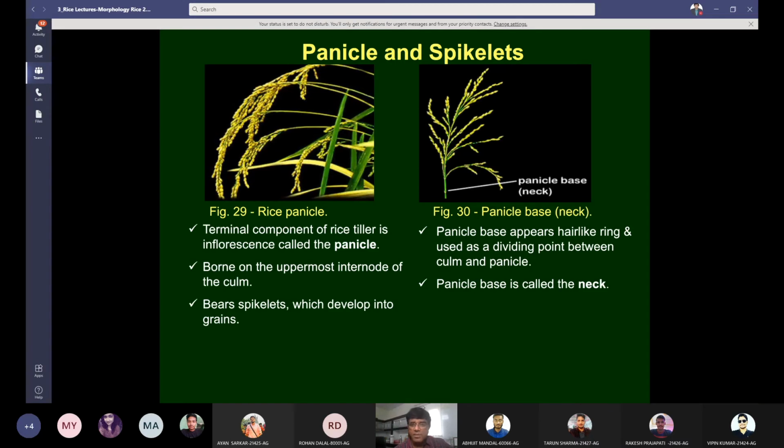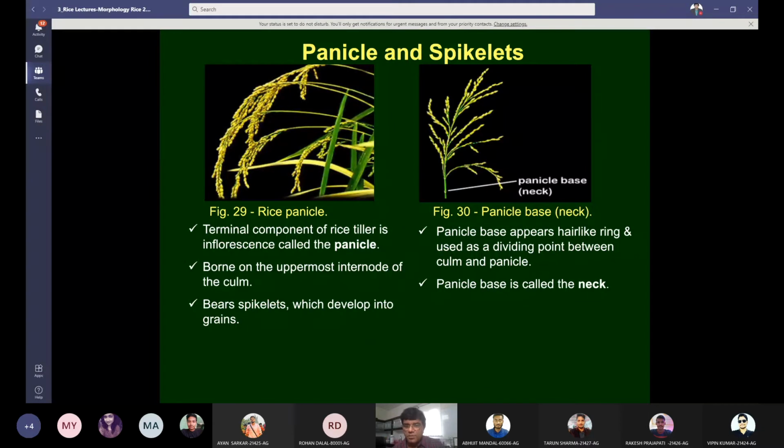Now we will see the morphology of panicle and spikelet. So if I want to define panicle, it is terminal component of rice tiller is called panicle. Born on the uppermost node, the uppermost internode of the culm. It bears spikelets which develop into grains. So spikelets are the flowering structure which contain floret.